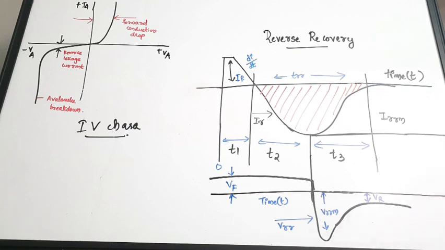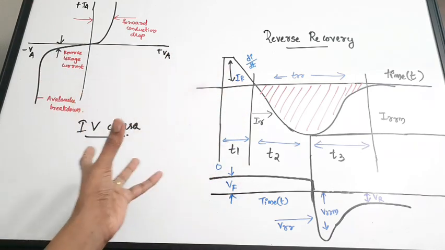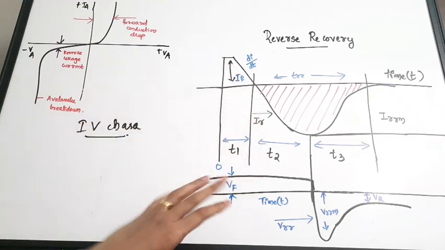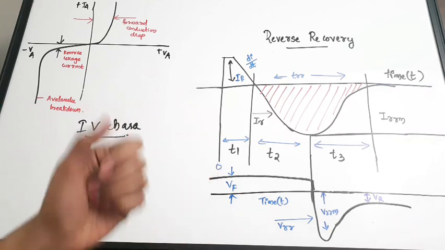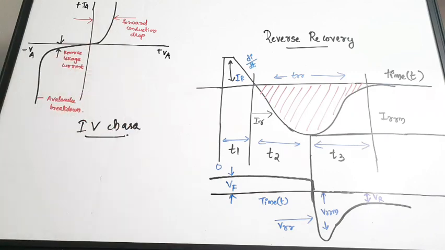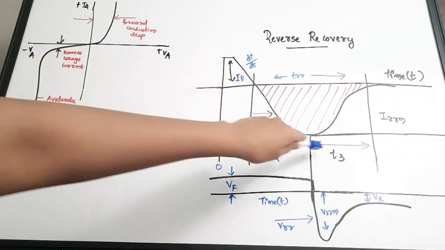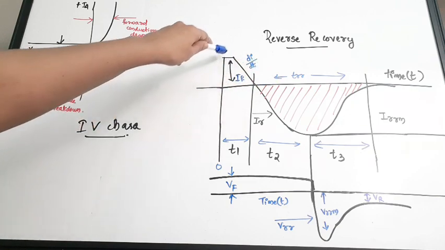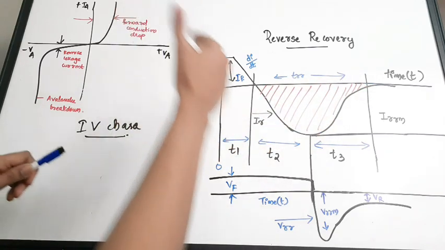Okay, reverse recovery means here you can see that when the diode is in normal condition, or in forward bias condition, or when the diode is conducting, it exhibits the curve same as that of a normal diode, right? So when we change the polarity of the voltage, when we try to apply a reverse potential, that is when we try to turn off the diode, what will happen? The diode's current, this IF is a forward current, it will suddenly go to negative. You can see, even before settling to 0, from this positive value it just drops suddenly to the negative value. Okay, so the current will suddenly be negative.